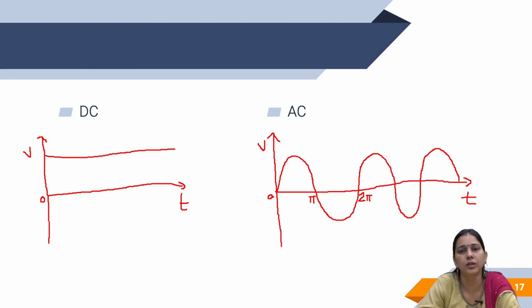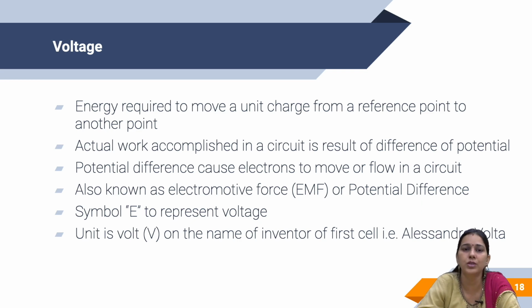Let's move forward to our next topic, that is voltage. What do you mean by voltage? It is the energy required to move a unit charge. We have already discussed that the flow of electrons is known as current, right? So how are these electrons flowing? To make the electrons flow, energy is required. The energy required to move the electrons from one point to another point, that electrical pressure, is known as